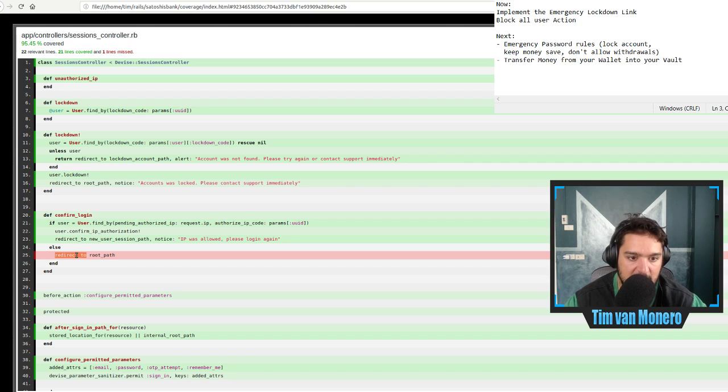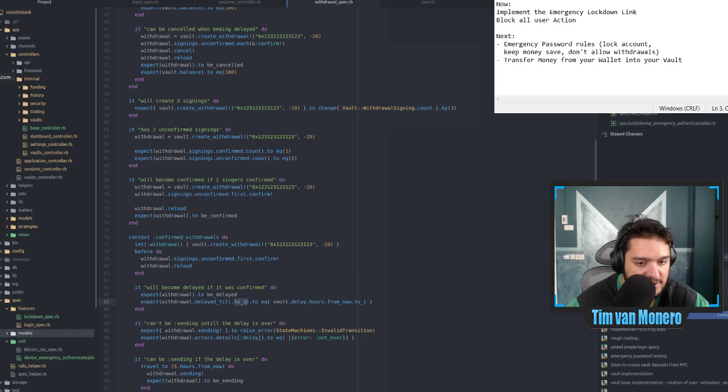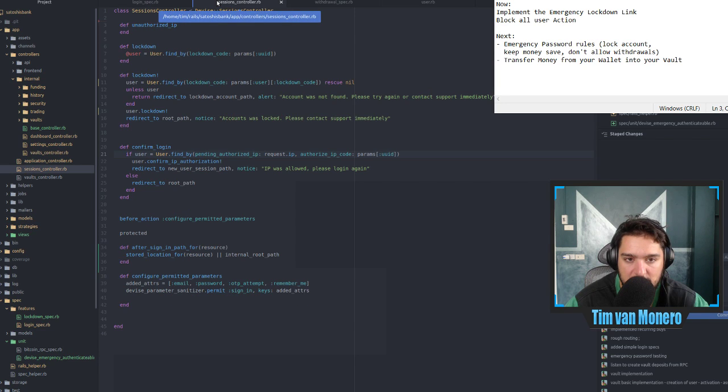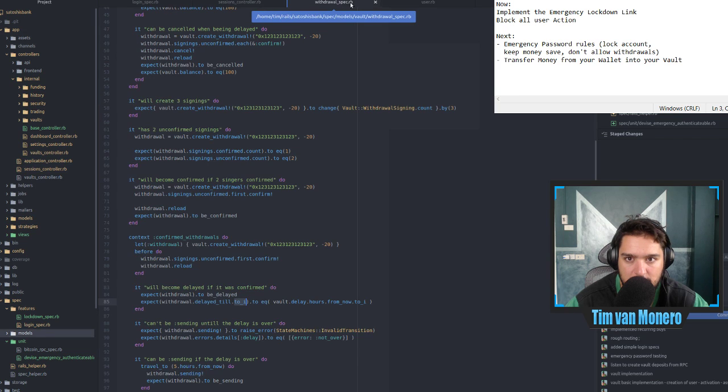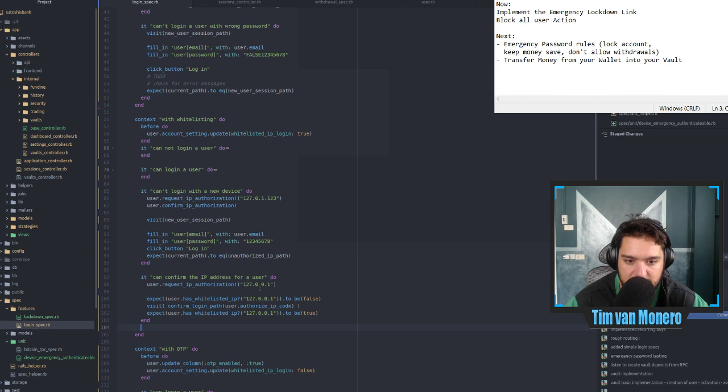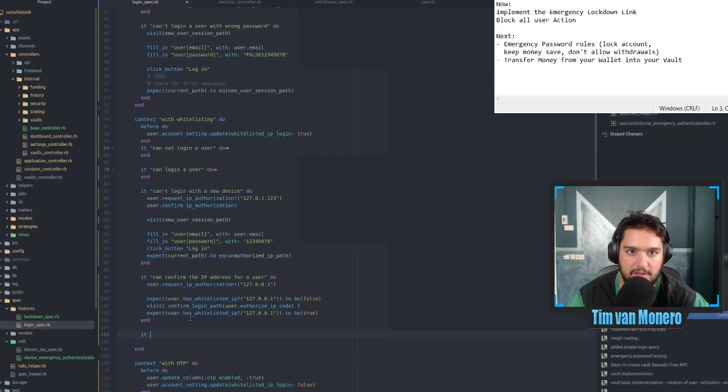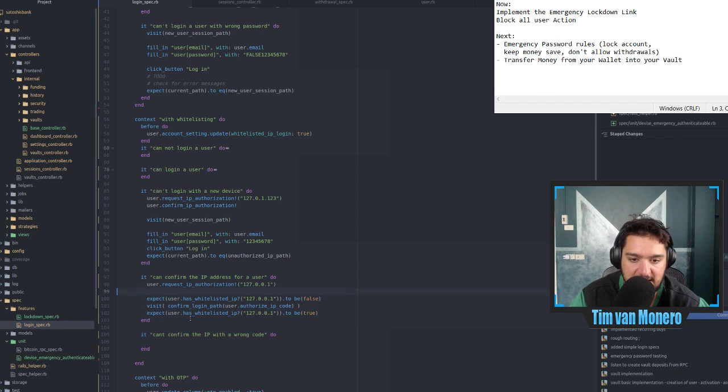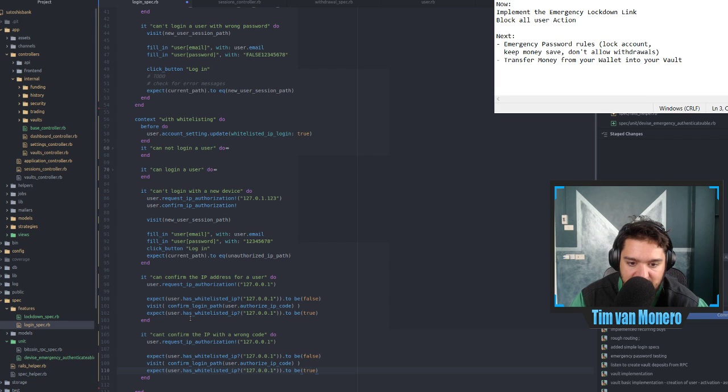Ah, okay. So we need to test this line of code, of course, if there is a fishy login code. Of course. It can't confirm the IP with the wrong code, which totally makes sense. That's actually the annoying part of testing. It's quite an obvious test, but so let's make this